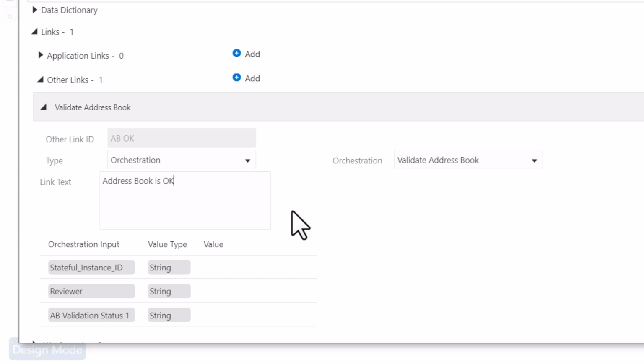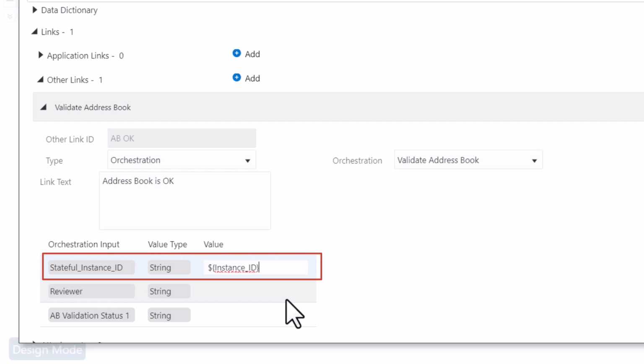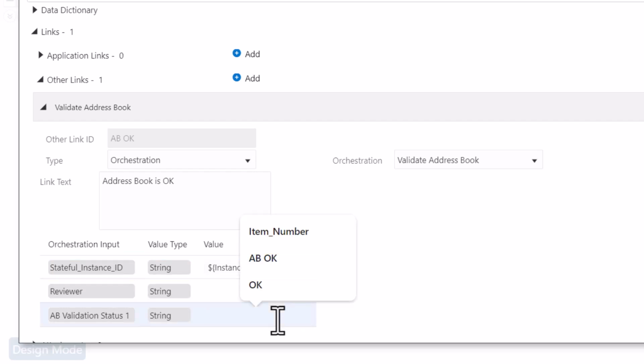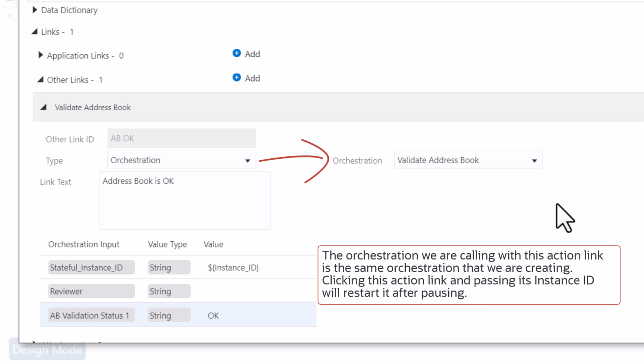And enter Stateful Instance ID as shown here. Let's leave the Reviewer field blank and enter the value for AB validation status as OK. Note that the orchestration we are calling with this action link is the same orchestration that we are creating. Clicking this action link and passing its instance ID will restart it after pausing.